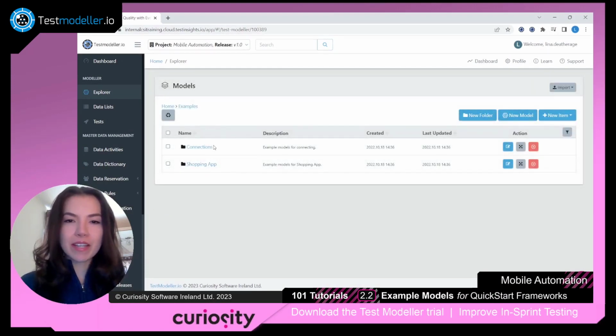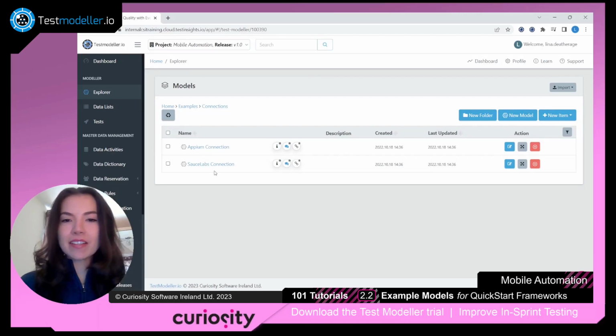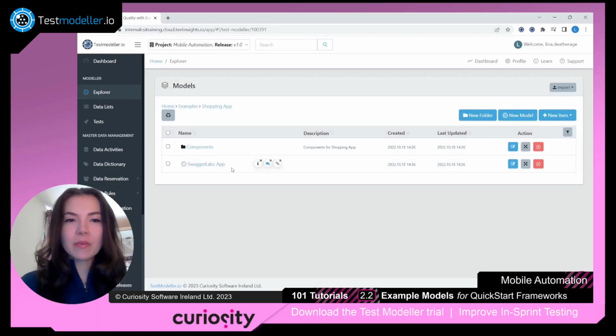We have one to establish a connection, and 2 models for a shopping app on native and on a mobile app. In our connections folder, we have 2 models, one for an Appium connection and one for a SauceLabs connection. These will ask what device you'd like to test and for connection credentials. The Swagger Labs app model is a master model made up of smaller components, which you can view in this